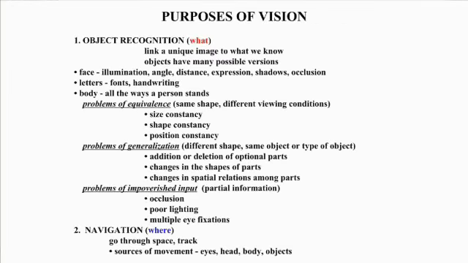And when we think about purposes of vision in this sort of for what things are or where they are, psychologists and people working on computer vision have recognized a series of problems that our visual system has to solve. We have to link unique images, because when we see something, it almost always looks different from one perceptual moment to the next. We can see the same person, for example, but under different conditions of illumination, darkness or lightness or shadows, the angle we see them at, the distance we see them at, the expression on their face, a smile or a frown, shadows that might be being cast, occlusion, a thing blocking part of their face, and yet we can recognize a person very well under all these circumstances.